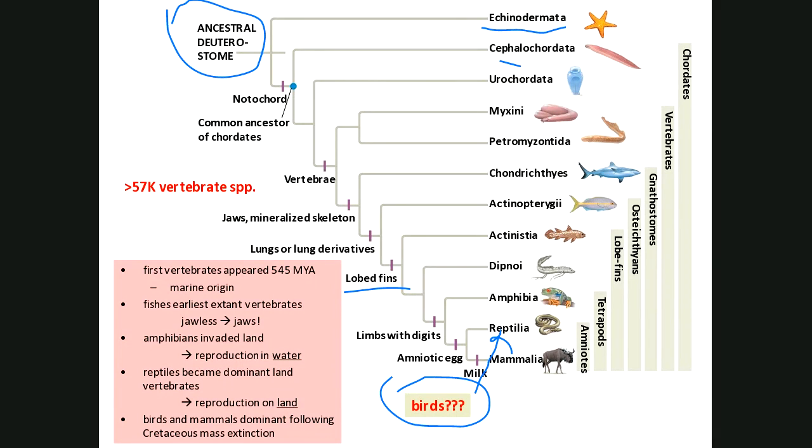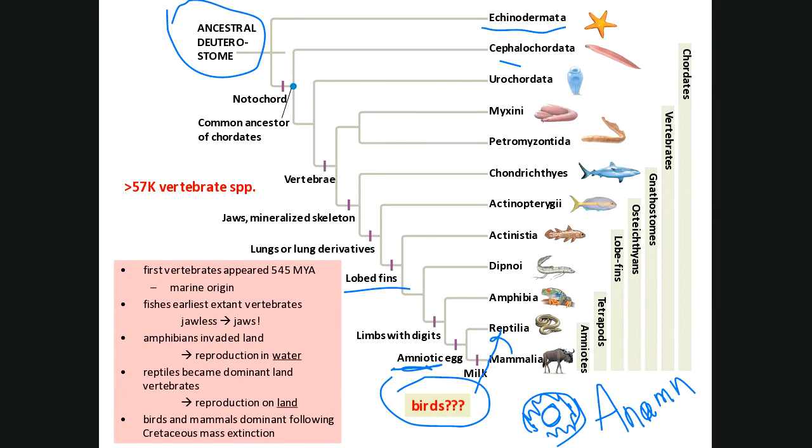The amniotic egg. An amniotic egg is one that can be laid out of water. When a young is developing in an egg, they develop inside of an amniotic sac. So here's the embryo. There's an amniotic sac around it with fluid that keeps the embryo from drying out. Now, amphibians don't have an amniotic egg. So just put an A in front of that word. Their egg doesn't have an amnion. The rest of us do. That's why we can lay our eggs without using water. The reason amphibians lay their eggs in water is so they don't dehydrate. But with an amnion, you've got your self-contained water bath with you.